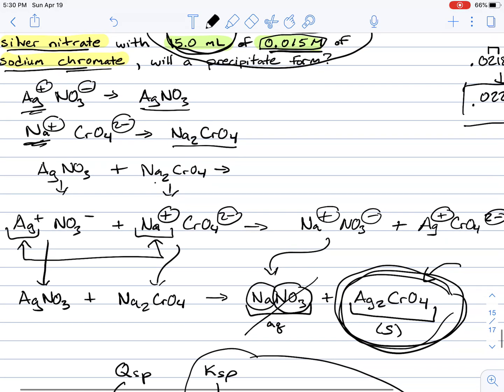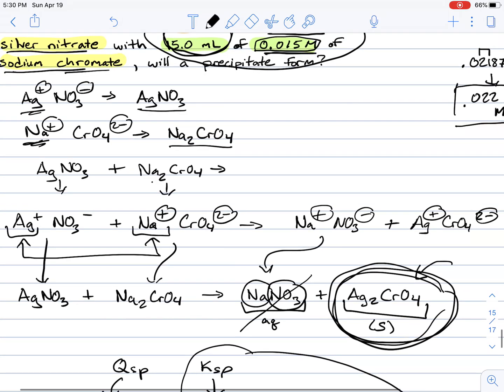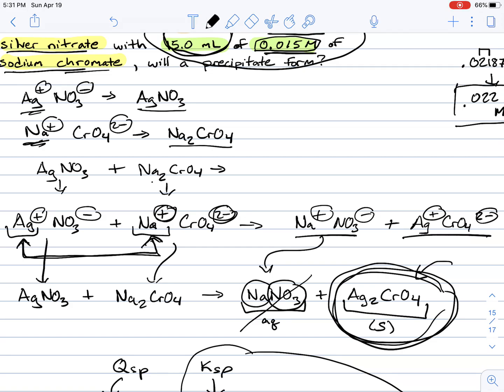And to do that, I encourage you guys to list out your substances with their charge before you do a double displacement reaction. Okay? And so once you guys have listed out your charges for your reactants, then you can go ahead and switch the position of the cation to reflect a double displacement,